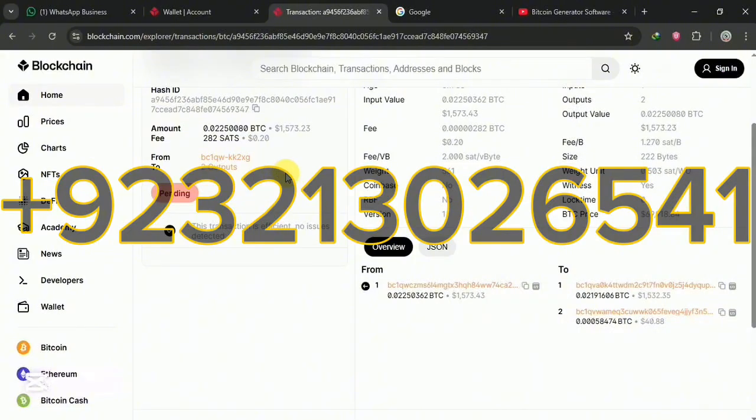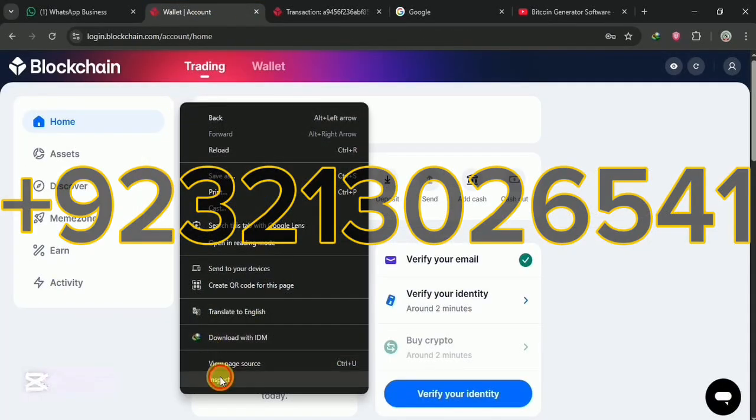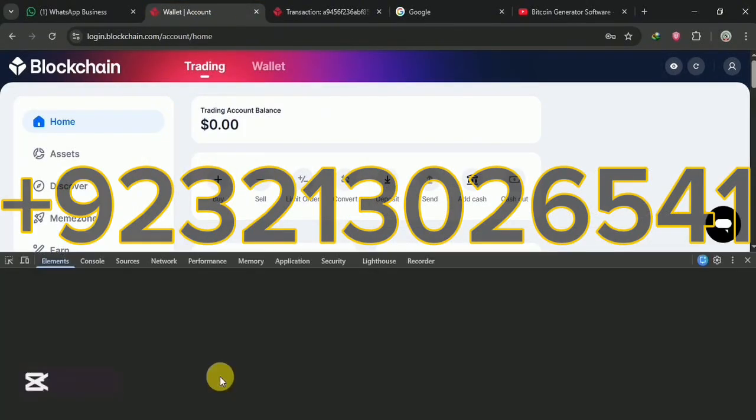0.02 BTC. We're gonna confirm this transaction. Okay, it's under the 0.07 BTC. Okay, we're gonna confirm this transaction in the wallet. So this is the wallet. Just right click and then go to inspect. Wait for a few seconds for it to completely open,